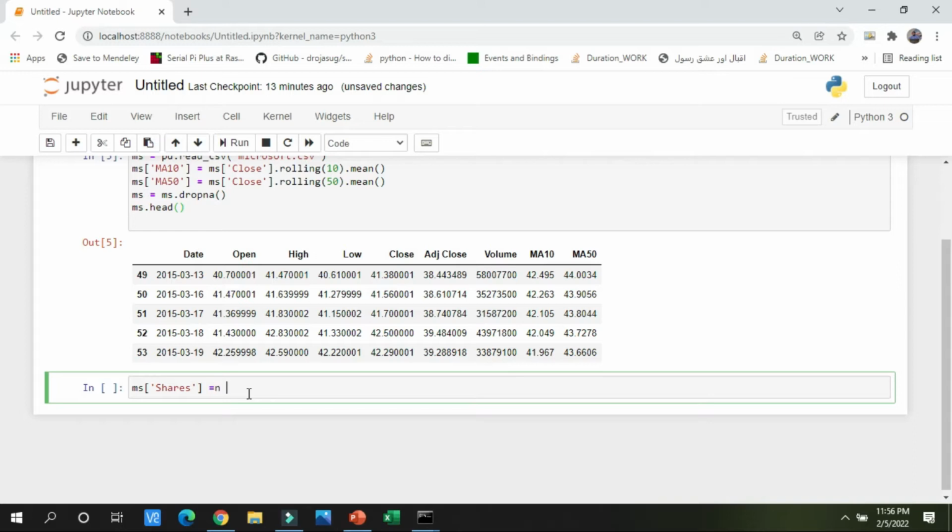And in this shares column, I will write a list comprehension: 1 if ms.loc[i, 'MA10'], the moving average of 10 days, is greater than what? I am telling it